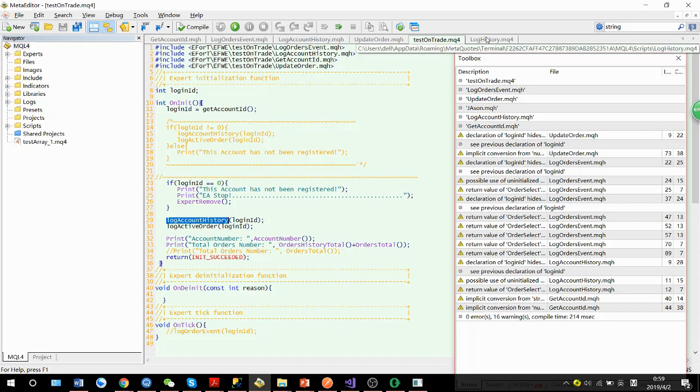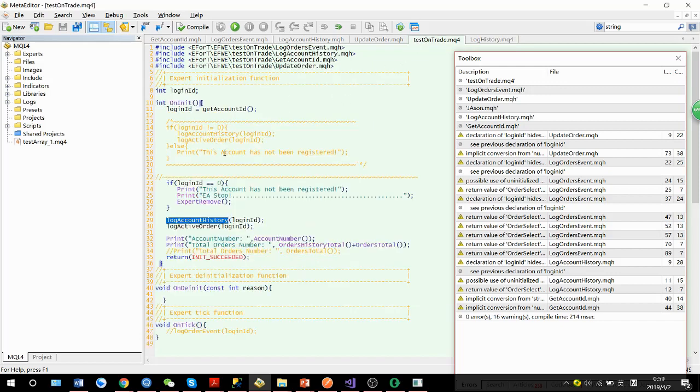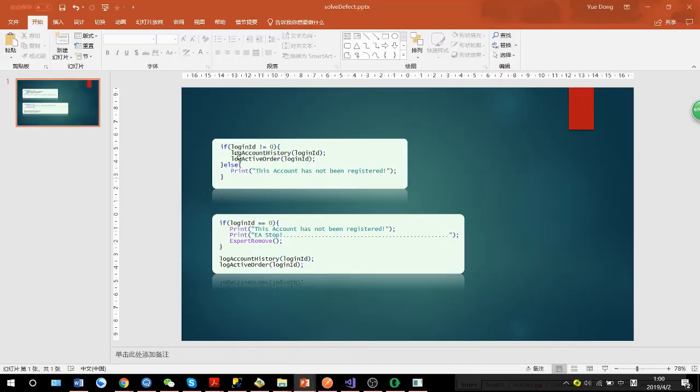So I did a lot of tests for that. I found that when I only run these two parts of code, the login function is always correct. But when I put these two functions in the if method,